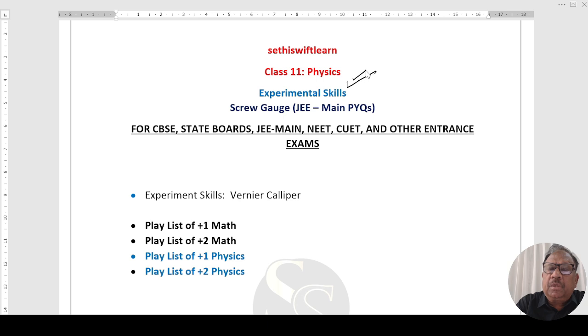Experimental skills, in which the topic we are going to discuss is screw gauge. Concepts will be clear through illustrations taken from JEE Main PYQs. In the earlier session, we went through the concepts through illustrations of vernier calipers, which you can review on YouTube